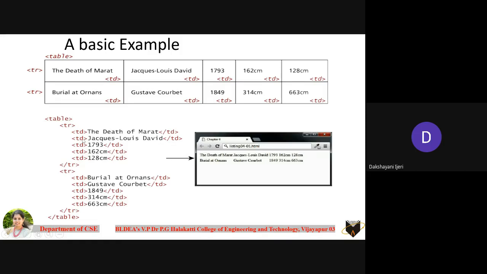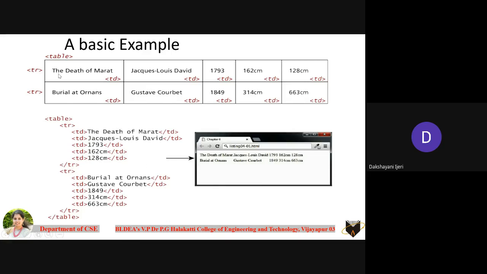So the second TD is going to tell you the content to be added. Immediately you close it here itself. So here 1917, 1903, you can see this value. Take one more TD, and after adding, close it. Again for this 162, take one more TD and close it. For 128, take one more TD and close it.